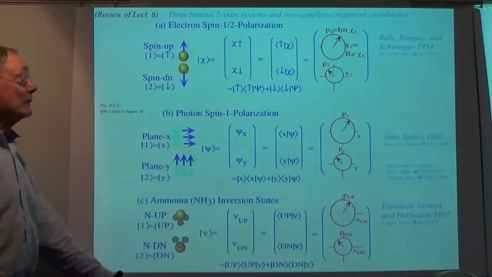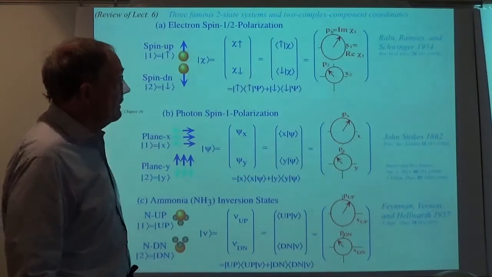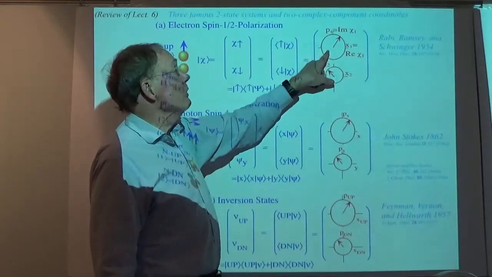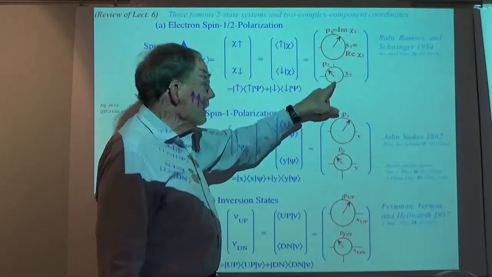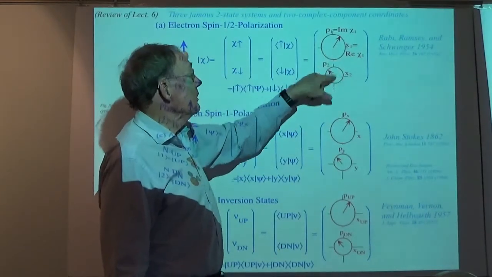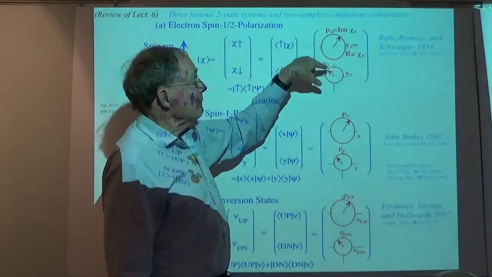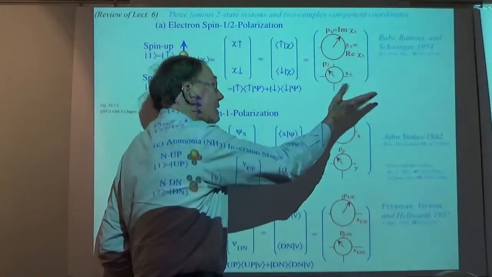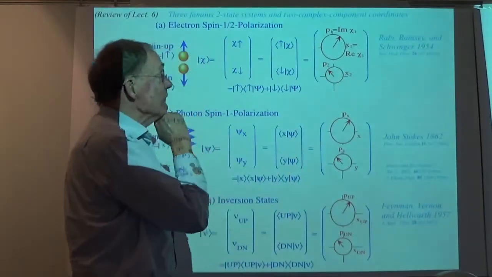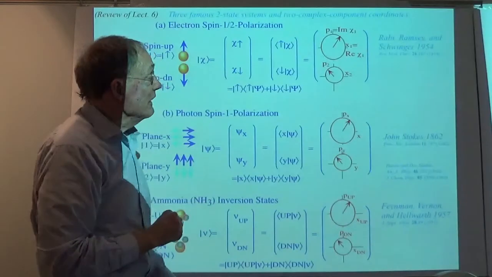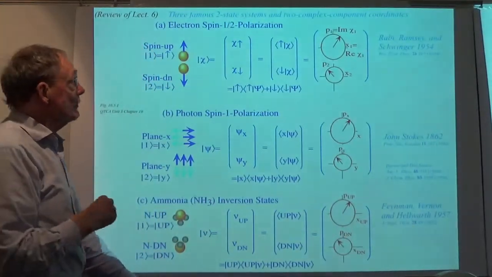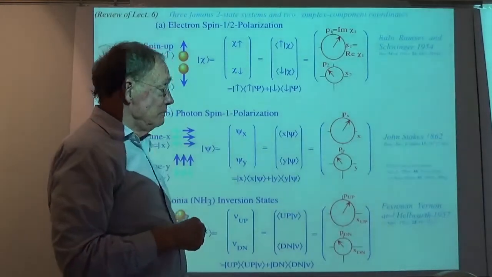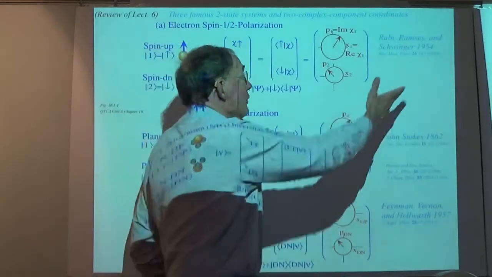Now, here are the three famous two-state systems, states that are describable in our little geometrical approaches by two complex numbers, but each of those two numbers, these amplitudes, is represented by a clock. At any time, the readings on those clocks will give the polar form of the complex numbers that we call wave amplitudes, or spinor wave functions, if we're talking about electron spin 1/2. So this is, I would guess, number 2 of the three